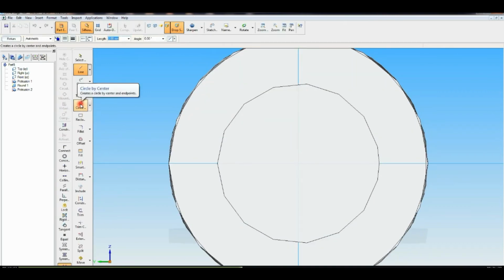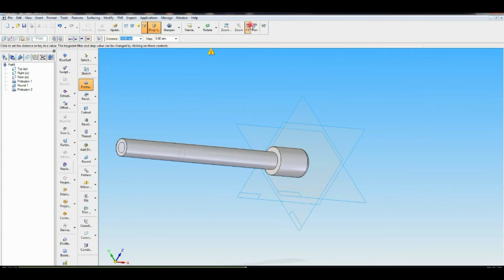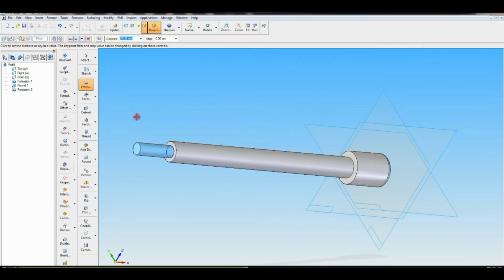Now once again click on protrusion, draw the circle in that same center. Diameter is 12 mm. Smart dimension. Then return. Length you have to give 18 mm.